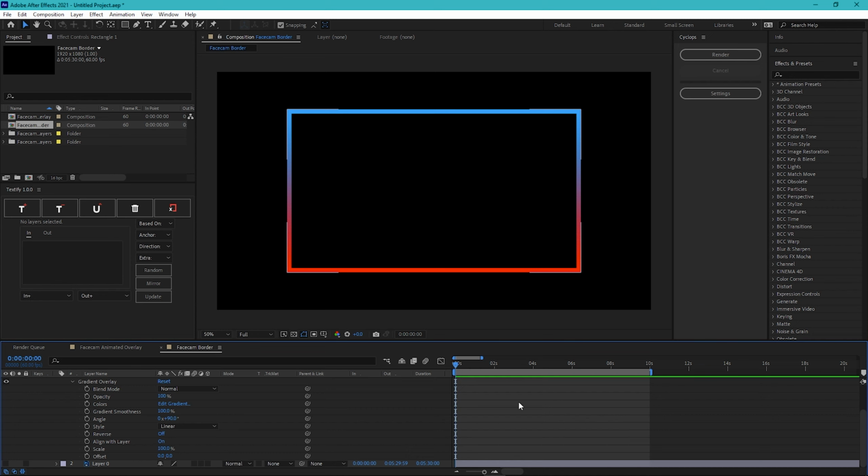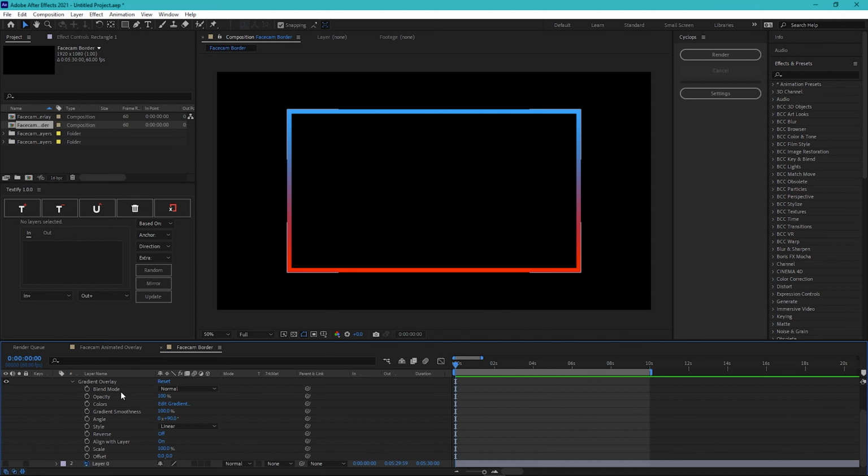Next up, we're actually going to make this thing move. And I bet you're probably thinking, how on earth are we going to do that? So in the bottom left-hand corner right here, with all of these scary options, you can see we've got blend mode, opacity, colors, gradient smoothness, all of that. You can edit that, by the way, if you want to mess around with that. It just kind of changes the gradient a little bit on the actual face cam itself.